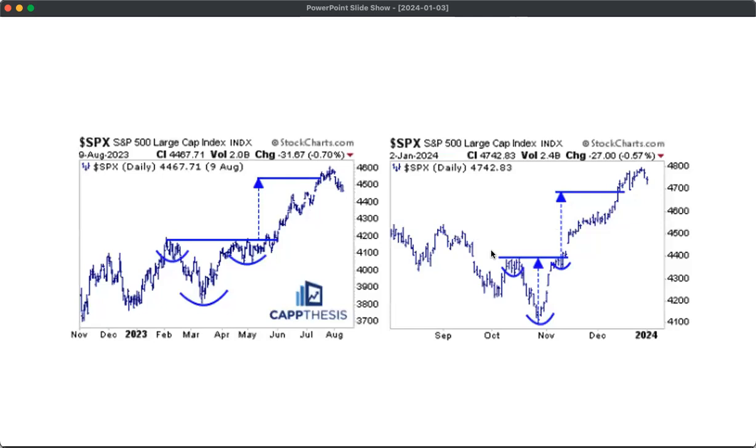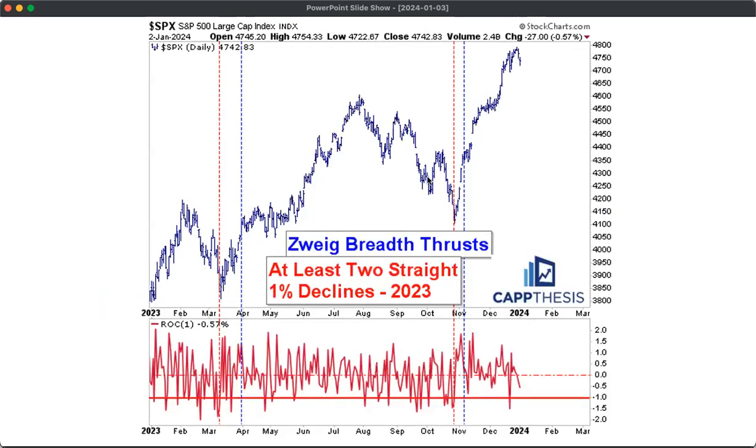So something else is going on that we should not ignore. Let's not forget, too, that each of these rallies began with the Zweig breadth thrust, right, which really kickstarted momentum, both of them coming after two straight 1% declines. So momentum completely flipped, and things have worked out as we thought they would. And anyone who followed these indicators, where it did kickstart the momentum, saw it lead to a more consistent uptrend. Same with here, even though this clearly is still pretty steep, things had slowed down from the initial 1% moves in 12 trading sessions.